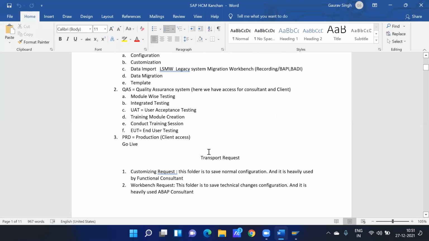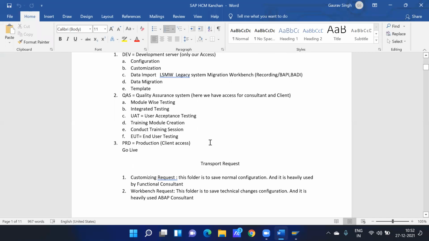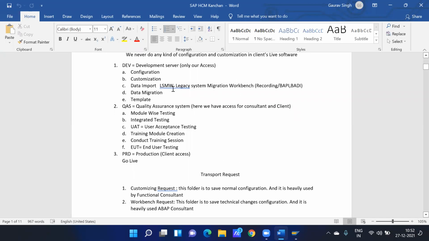Let's say as a consultant, if you are working for IBM, you must be working for multiple clients. Let's say you are doing configuration for Patanjali, and you are doing configuration for Bajaj Motors. So you have to save the changes to their particular folder, so that at the end we can transfer the changes completely in one folder. We can transfer the complete folder at once.